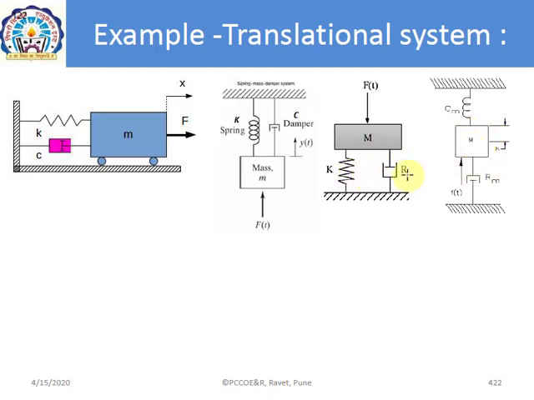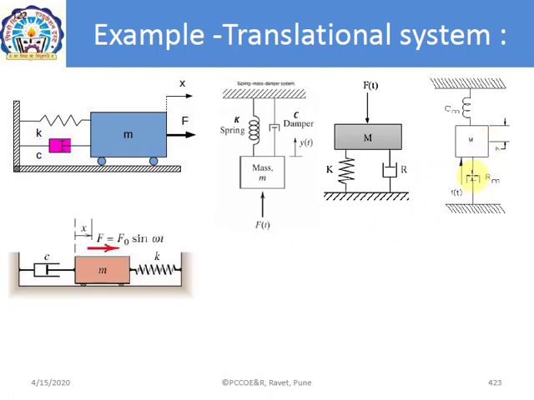Here the spring and damper are in parallel. When do we say that the spring and damper are parallel? If the displacement or the deformation in the spring and the damper is the same, then we can say that the spring and damper are in parallel. So here also you can observe that when the external force is applied and the mass is moving in a particular direction, the spring is deformed by the same amount as the damper. The only thing is, the spring gets compressed in this case if it is moving in the upward direction, and the damper will get elongated by the same amount. And hence we can say that this system is also a parallel case.